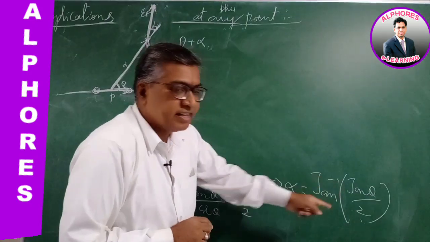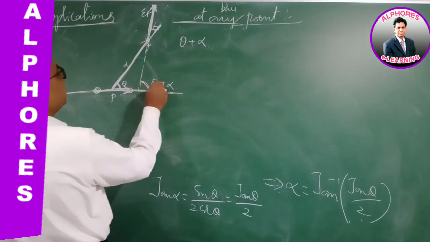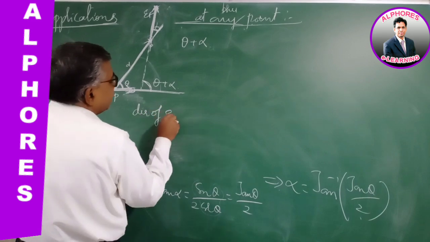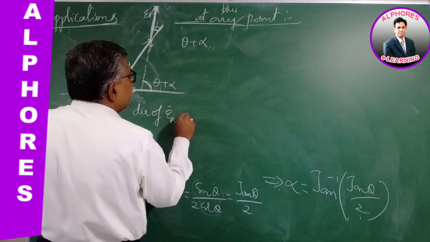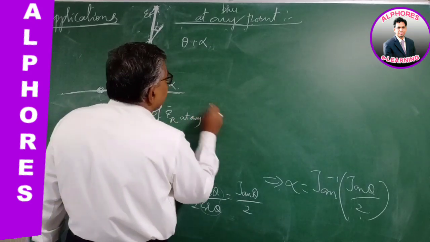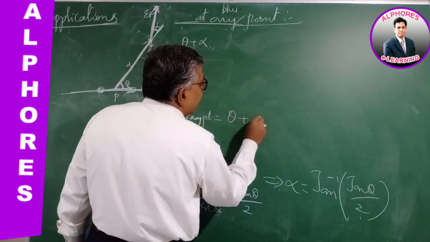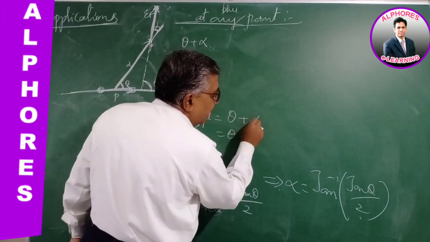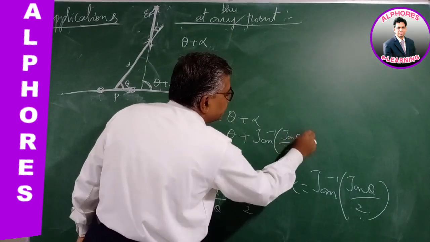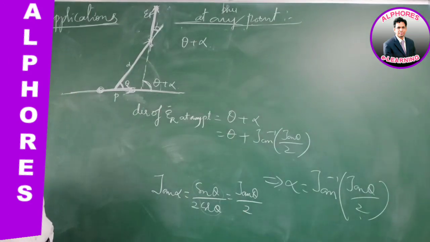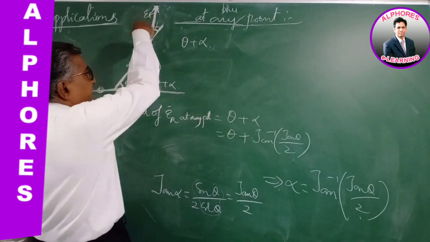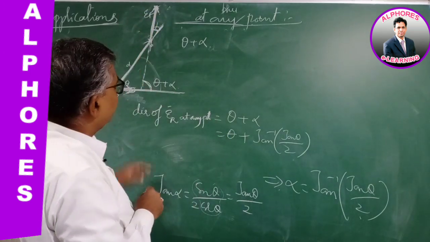So putting the total angle here, the direction of the resultant electric field at any point due to an electric dipole is theta plus alpha, that is, theta plus alpha is tan inverse of tan theta by 2. So this is the net resultant direction,